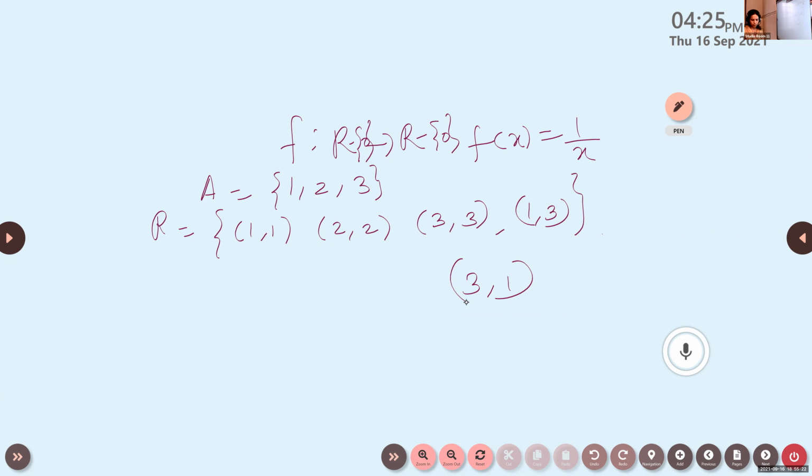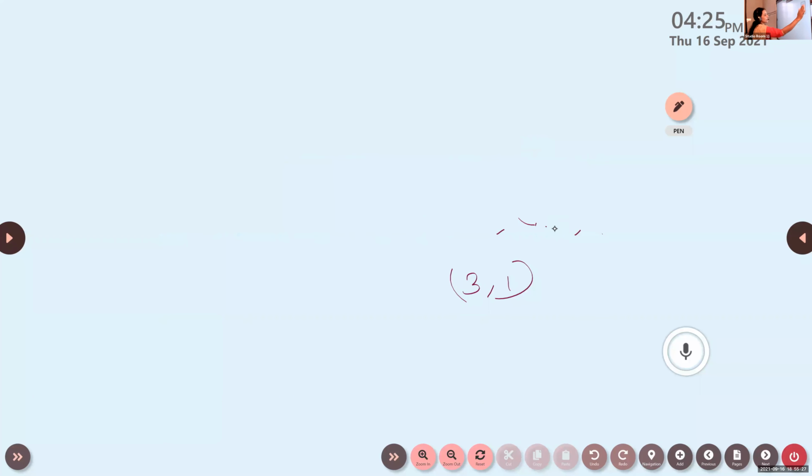A is equal to the set 1, 2, 3. A is equal to the same set 1, 2, 3. Okay. In your textbook, children, you have similar questions. I think in the miscellaneous exercise, there are questions like the minimum number of relations and so on. Go through it, mark it, and bucket all the standard answers. It will not change. Whenever the set is changed, instead of 1, 2, 3, they will give 2, 3, 4. Only the elements will change. Answers will not change. For that type, always the answer will be like that. Now write the next one.